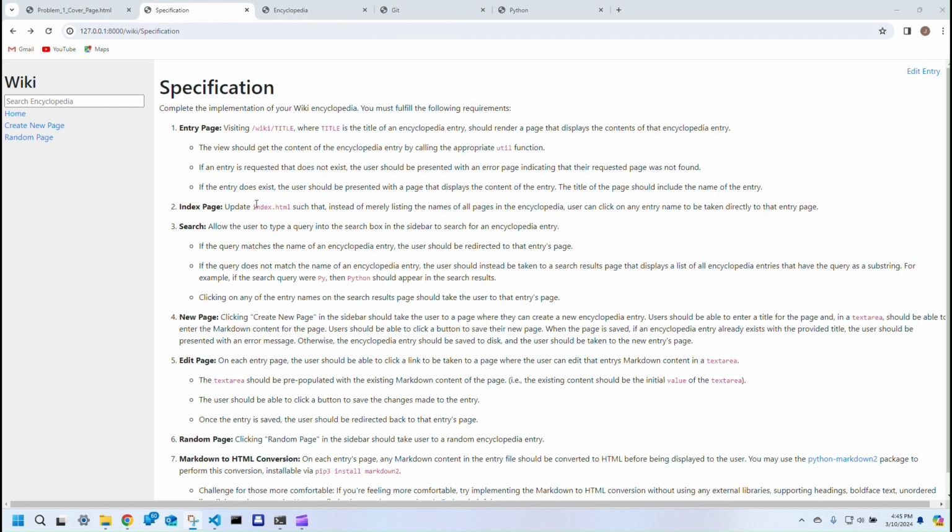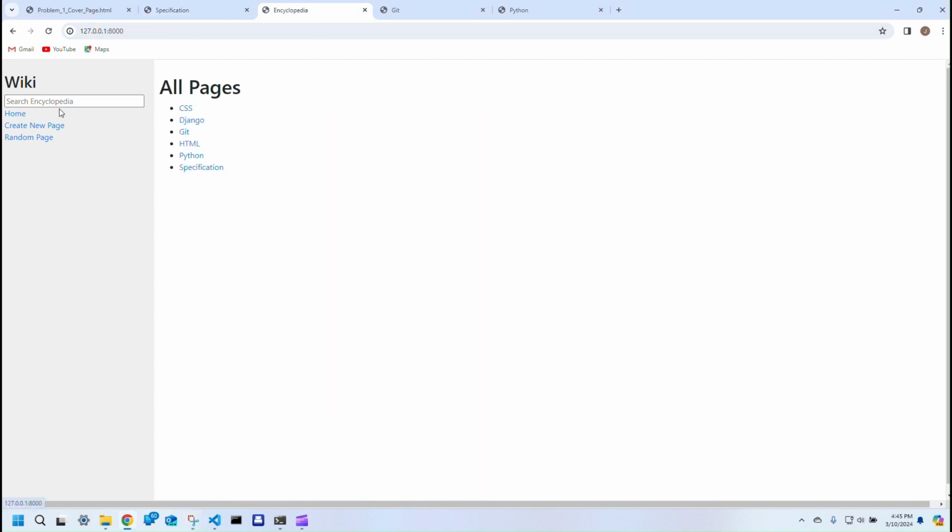Okay, requirement number 2, update the index.html such that instead of listing the names of the pages in the encyclopedia, the user can click on the names and be taken to the entries. So I'm going to go to my index page, and if I click on CSS, it takes me to the CSS. If I go back to the index and I click on Git, it's going to take me to the Git page,